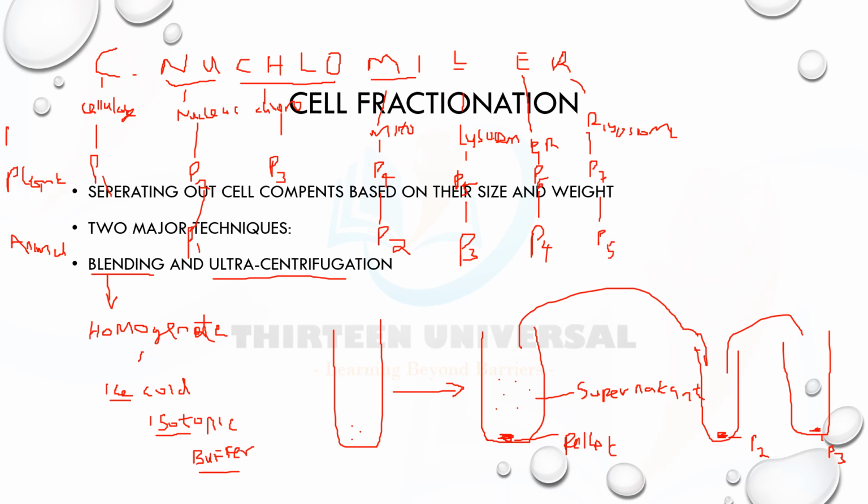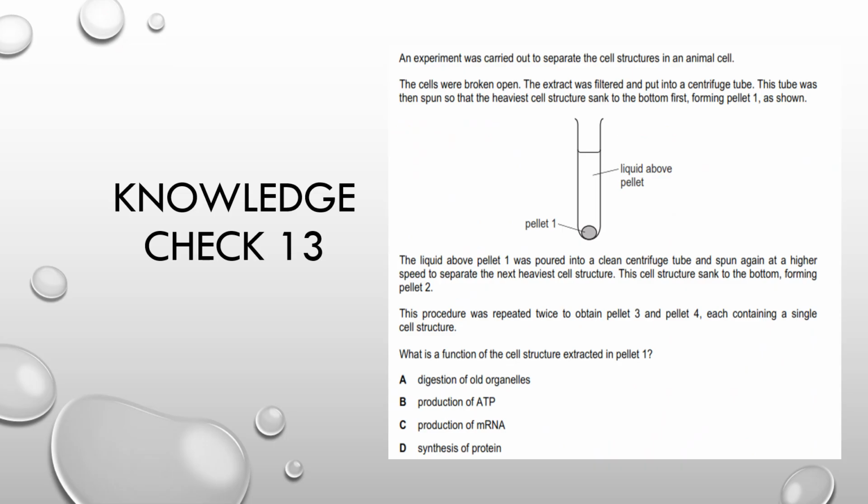Okay, so this is heaviest, right? This is lightest, lowest. Okay, so watch the video again. Watch. Let's play game now. Knowledge check. An experiment was carried out to separate the cell structure in an animal cell. The cell were broken, the extract was filtered and put into centrifuge tube. So this is blending, okay, homogenization. Ultracentrifugation. This tube was then spun so that the heaviest cell structure sank to the bottom first, forming pellet